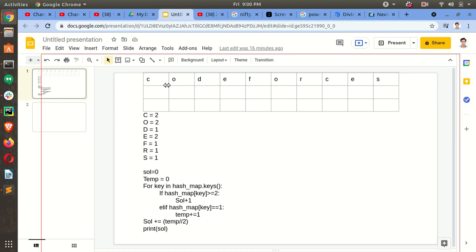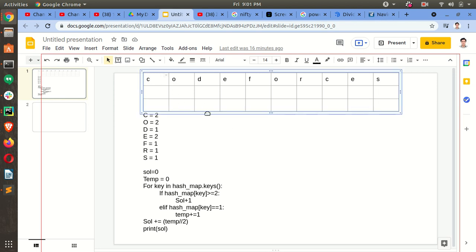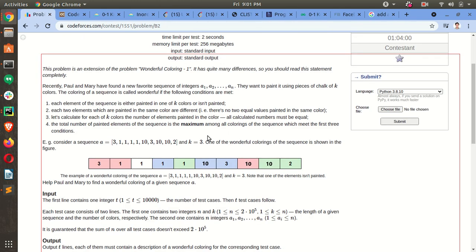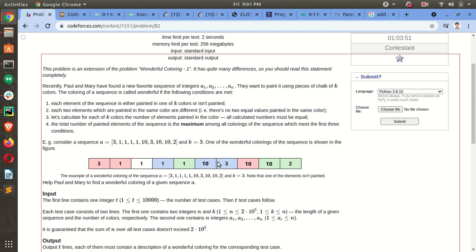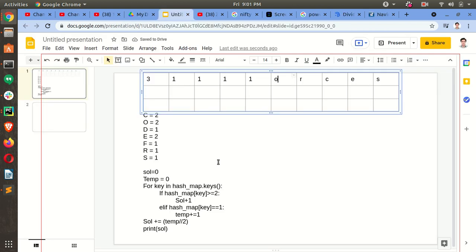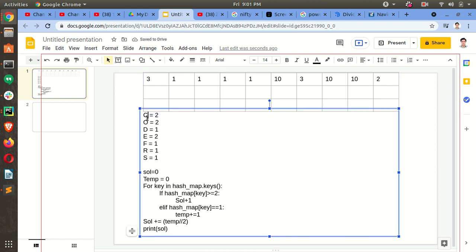The sample input is 3 1 1 1 1 10 3 10 10 10 2. So this is the sample input to us.